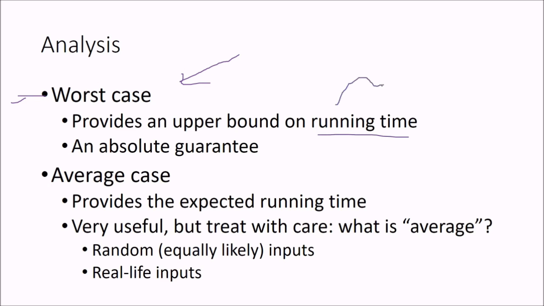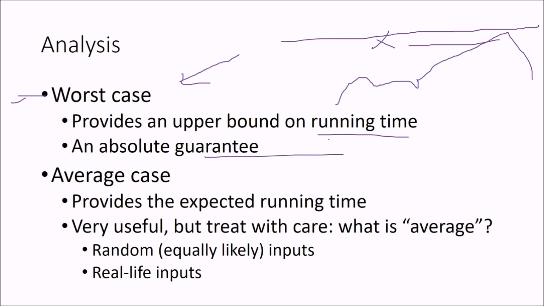Means if this is a running time, we say this is our upper bound. And the running time the algorithm is going to take will never cross this line. So we are trying to provide an upper bound, and we will say, okay, this is the line, say n square, n cube. We specify a value and we say, okay, this is the running time. This algorithm in any case, even in the worst case, will not cross this line. This is our upper bound. And we absolutely guarantee that. This is our computer science. We are using our computer science skills. We analyze an algorithm and we say, okay, this is not going to go beyond this.